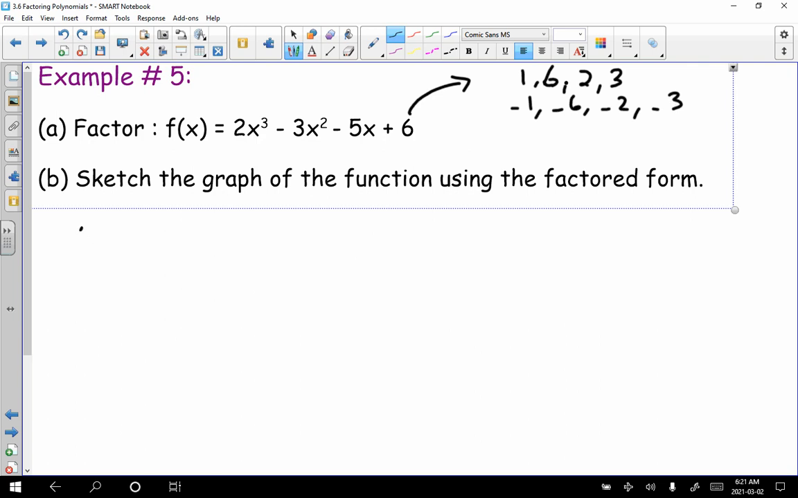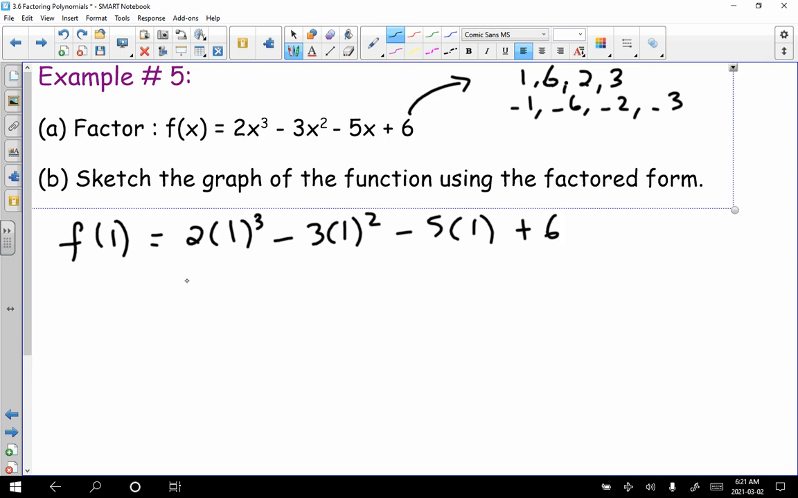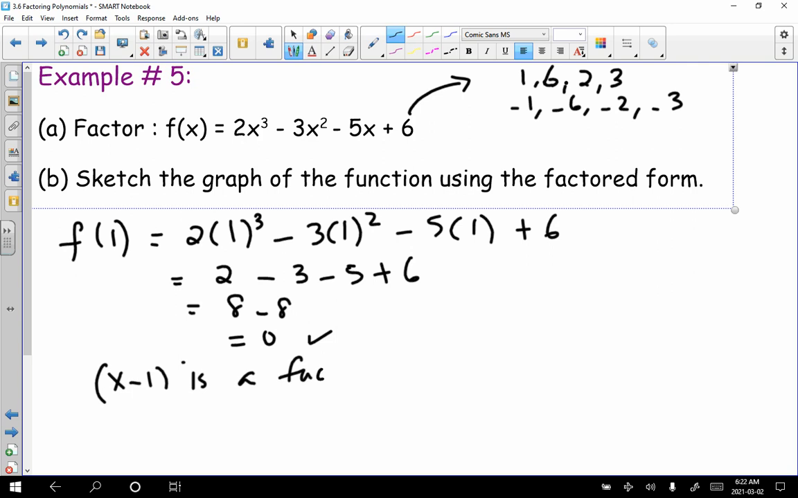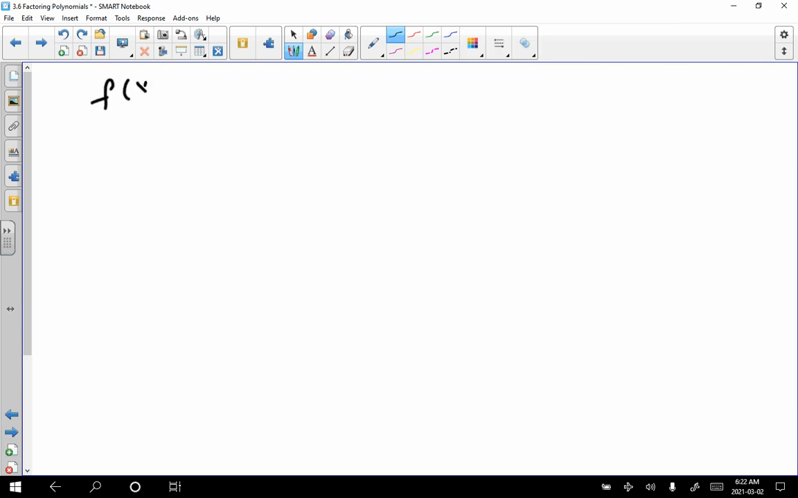So let's try f of 1. 2 times 1 cubed minus 3 times 1 squared minus 5 times 1 plus 6. So that's 2 minus 3 minus 5 plus 6. So that's 6 plus 2, 8, minus 8, which is 0. So we're lucky we got it at the first attempt. Since f of 1 is equal to 0, x minus 1 is a factor of f of x. Okay, so therefore f of x equals